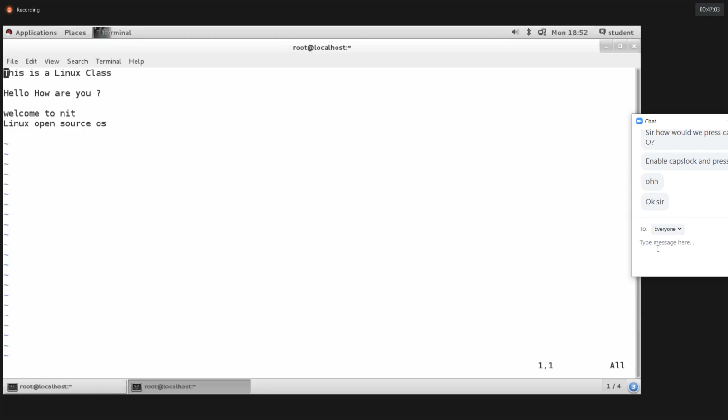So now I need to delete letter by letter. Small x you can use. You can use the delete key also. There is no issue. Okay. Now capital U, the entire line will come back. So we'll undo this line. So I hope you're clear, guys.